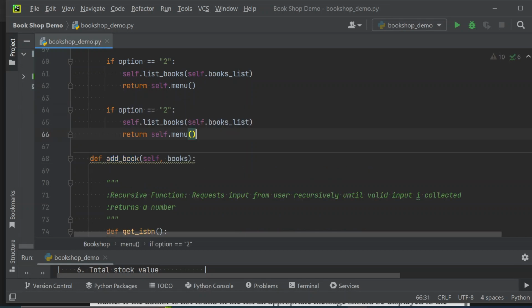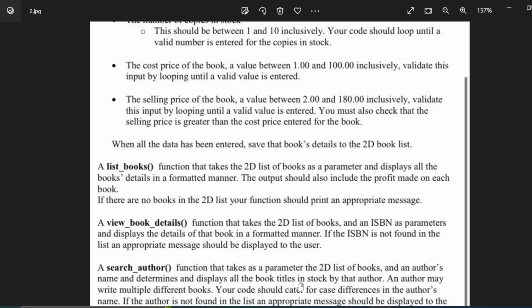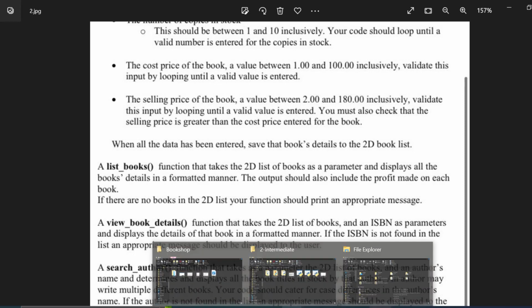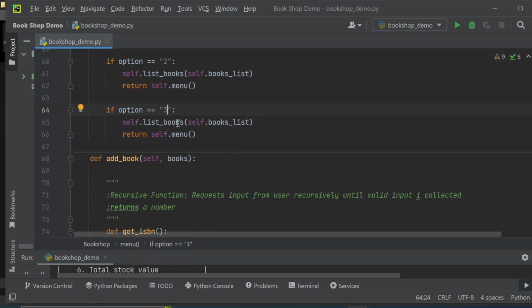If option is equal to 3, here we put 3, and then we should call the view book details. Let's see what is said in the document specification. View book details. Is it here? View book details. Okay, let's go there. We should say, instead of this one, we should say